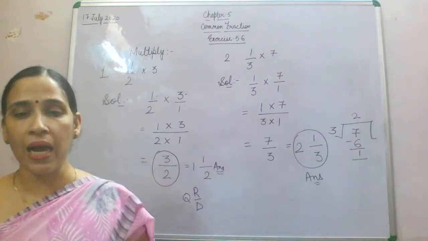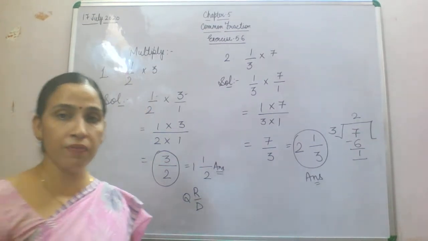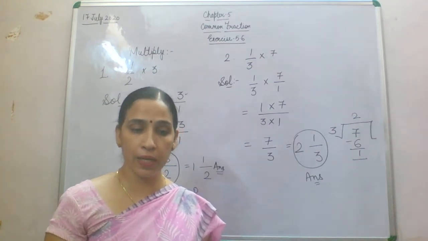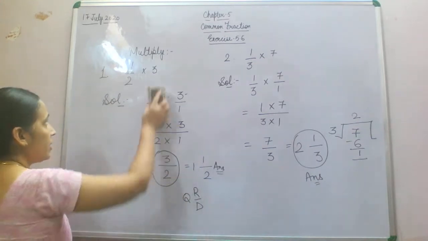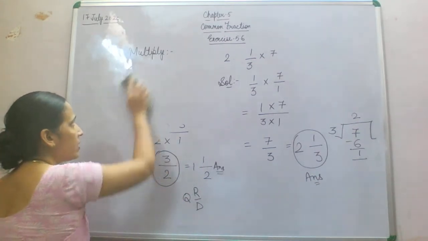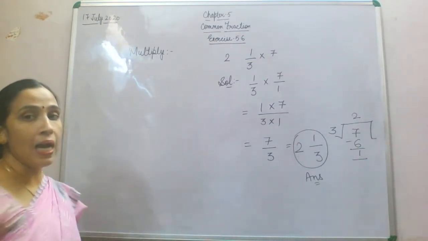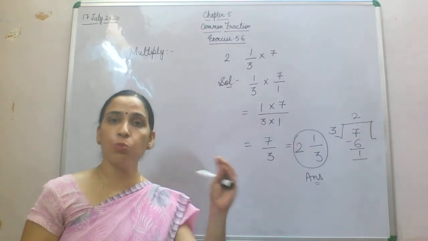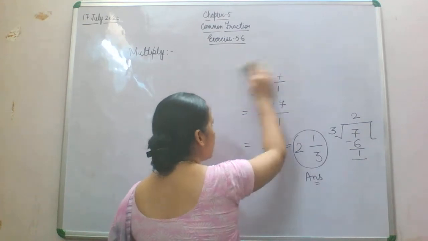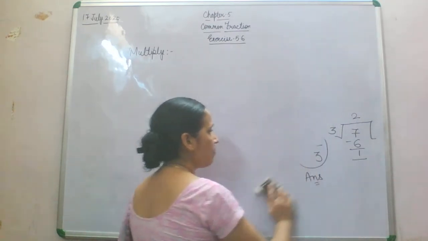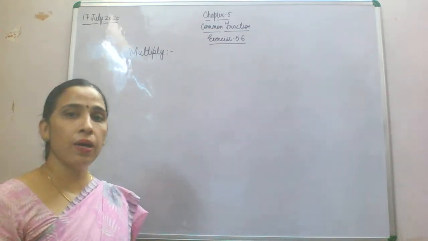Remember QRD, and then you can do these questions easily. Now children, we have a third question, which is multiplication of a unit fraction with a whole number. In this question number 3, we will see if we have any number or factor which is common in numerator and denominator, then how we can reduce it. So let's find it out in question number 3, which is given in your book. So children, let's start question number 3.